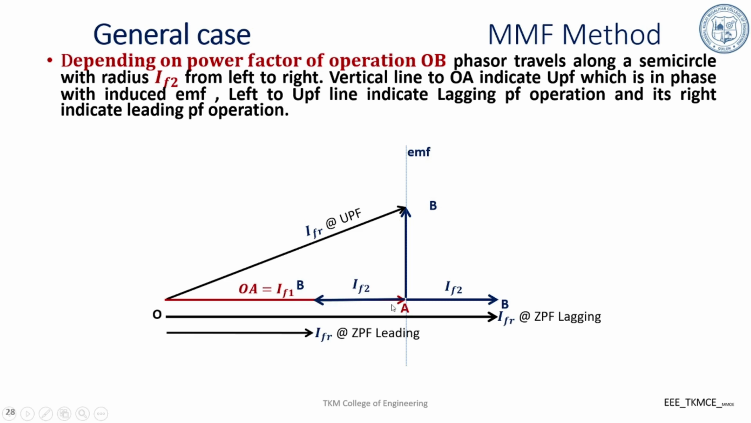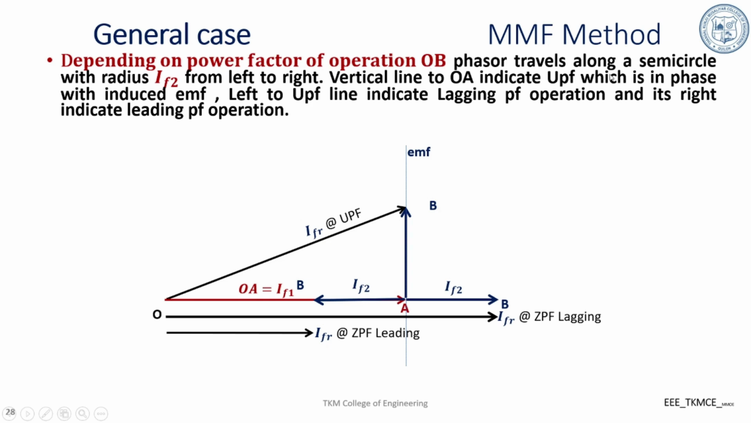So this is IF2. The vector sum of OA and OB, that is IF2, gives IFR. Here it can be seen that under zero power factor lagging, IFR is greater than IF1. At zero power factor leading, IFR is less than IF1. Based on this diagram, we can see that depending on the power factor of operation, the resultant field current phasor,